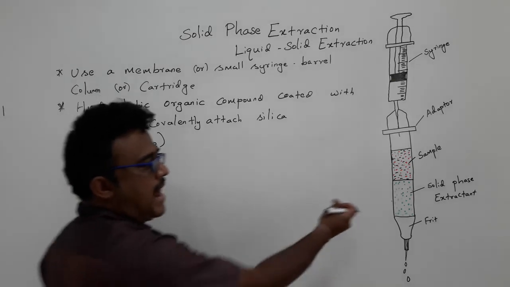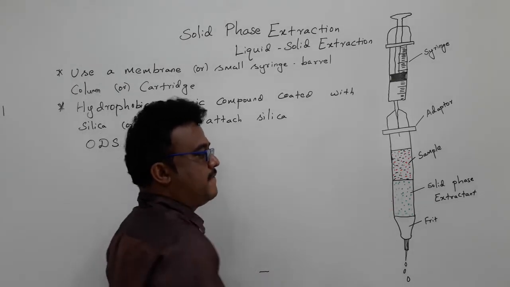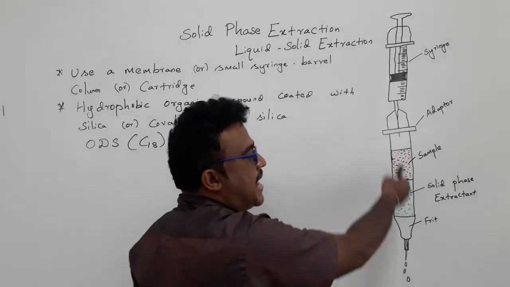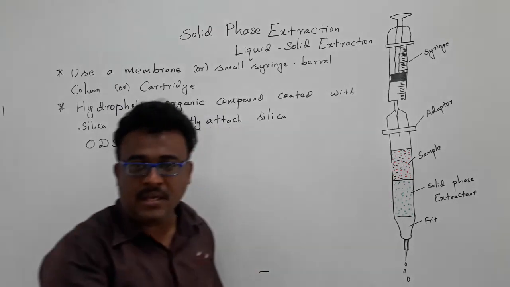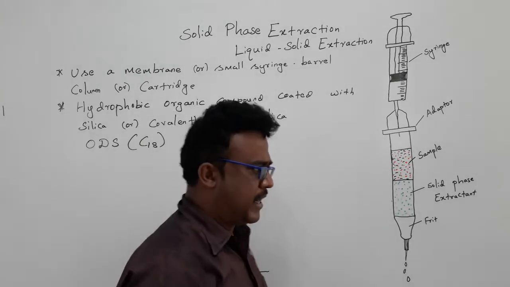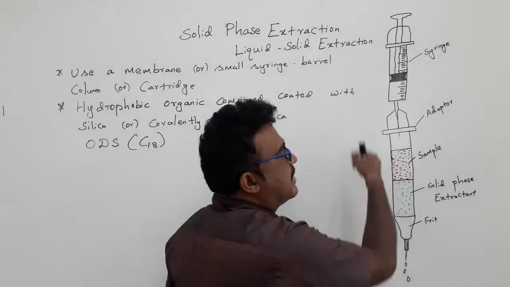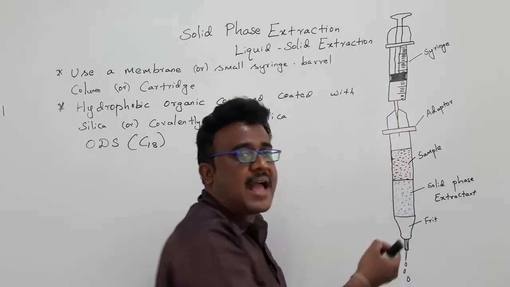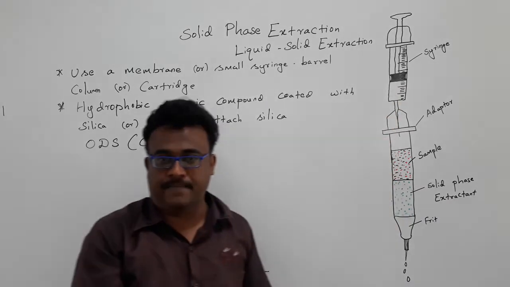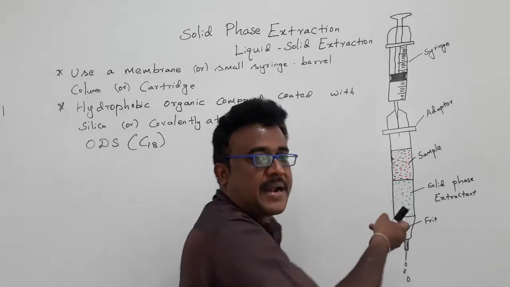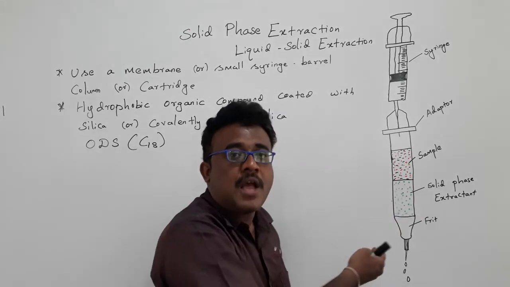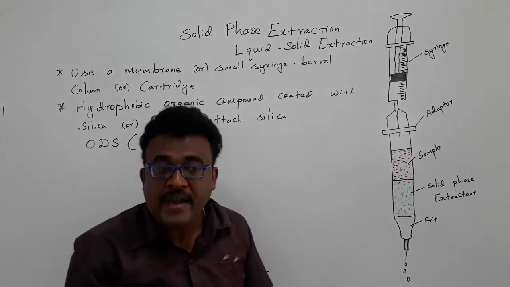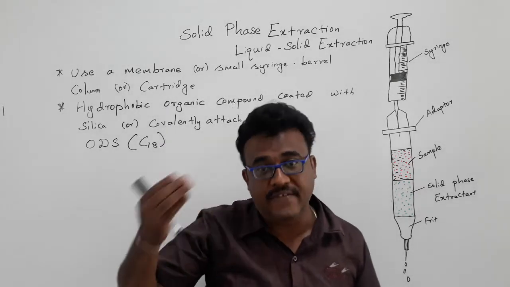Once you have made that hydrophobicity in the solid phase extractant, what do you have to do? You have to pass an aqueous solution having an organic component. That can be connected with your syringe, because a syringe can give a kind of pressure to the system. Either you can make use of a syringe, or you can use a nitrogen line, or even an air line.